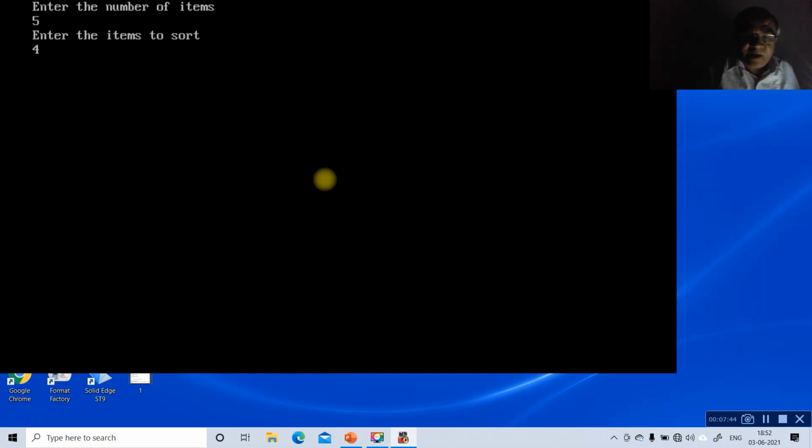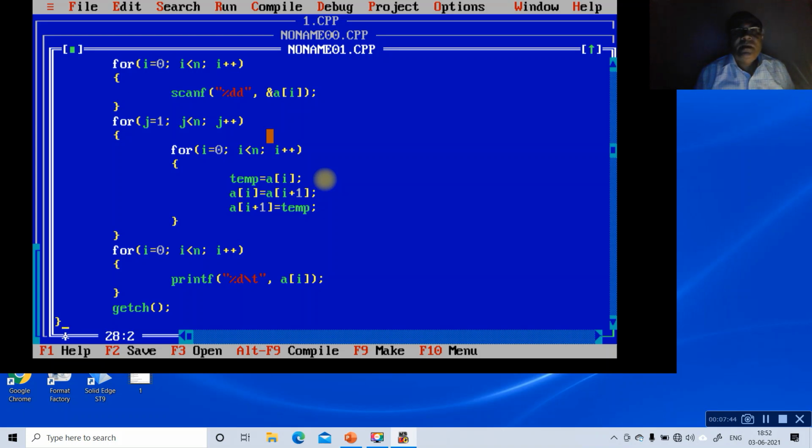So 40, 50, 10, then 30, then 20. Then items to sort. Temp is equal to A of I. A of I is equal to A of I plus 1. A of I plus 1 is equal to temp.